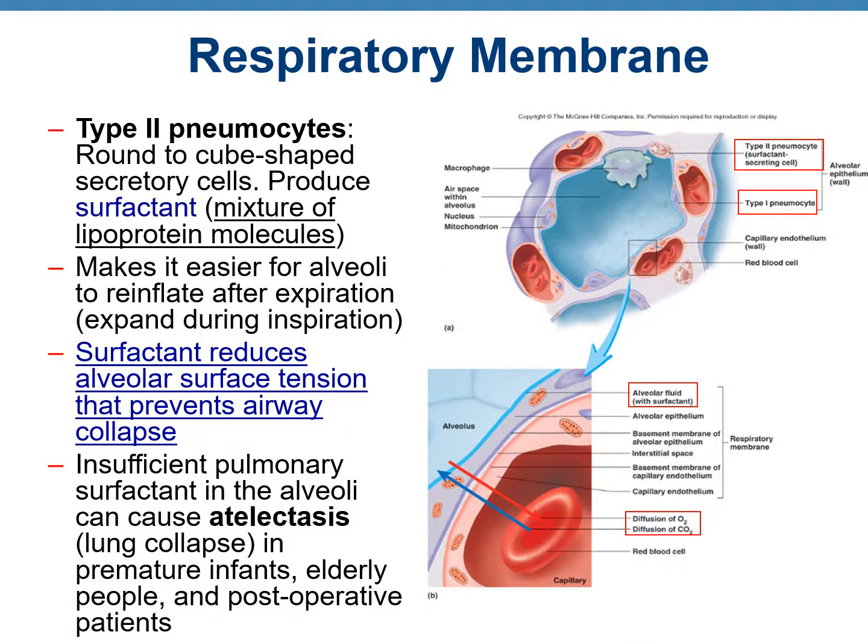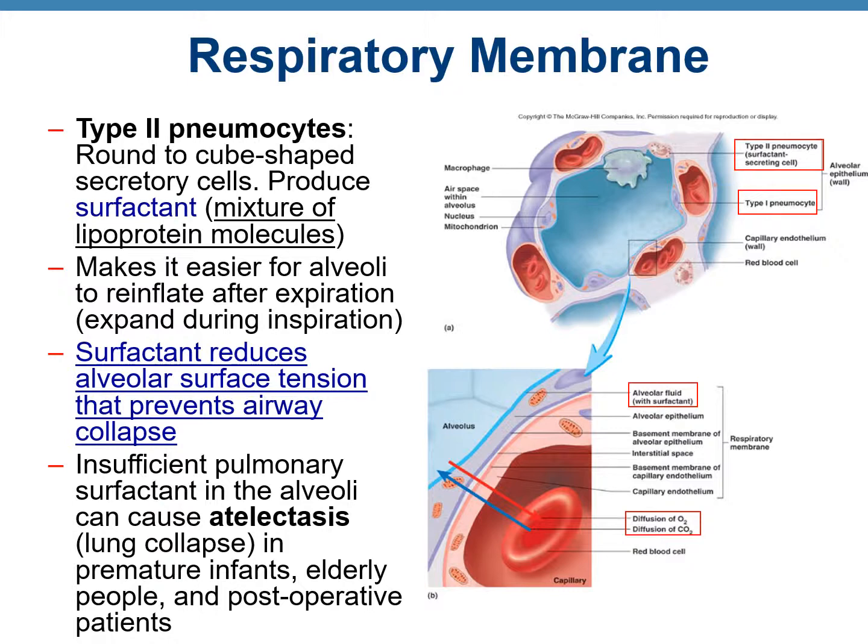The second type of cells are known as type 2 pneumocytes. These are secretory cells, cube-shaped, and these produce a secretion known as surfactant, which is made up of lipoprotein. So it is because of this surfactant that the alveoli can expand during inspiration after they have deflated at expiration. That means when you breathe out, the alveoli deflate. When you breathe in, the alveoli inflate. And why is it that alveoli do not collapse? It's because of the presence of surfactant. Imagine a grease-like material between the two thin layers, which would allow it to re-inflate.